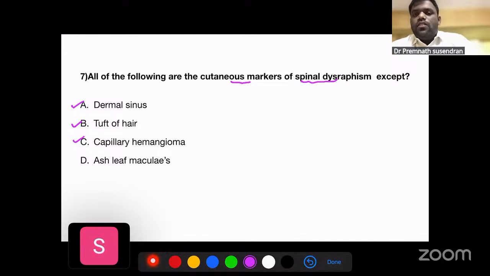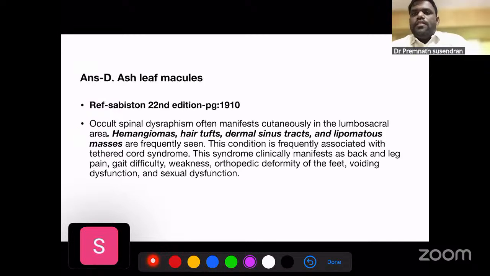So ash-leaf macules will not be there. Ash-leaf macules are usually present in the case of tuberous sclerosis. They are not present in spinal dysraphism. It's a direct question that can be asked from Bailey, 72nd edition, page